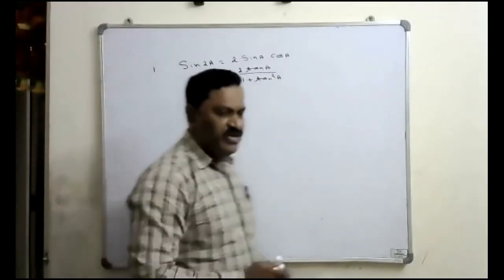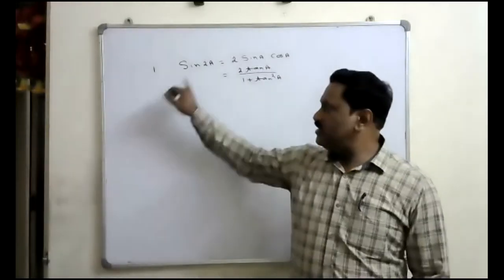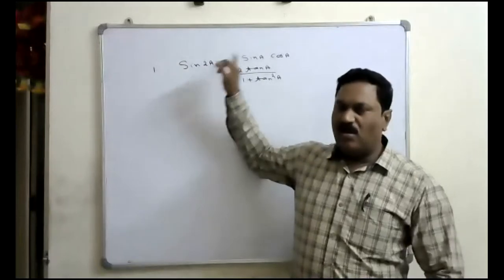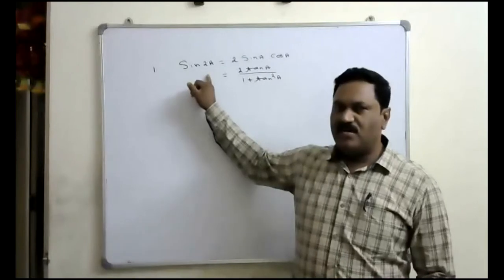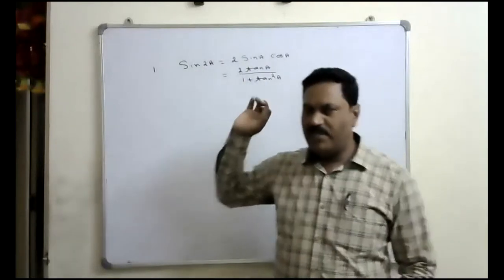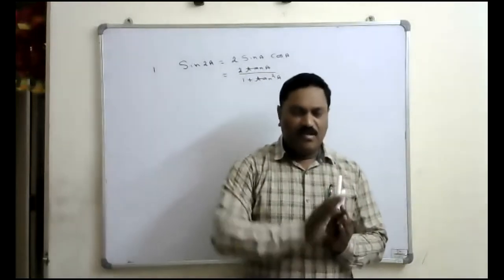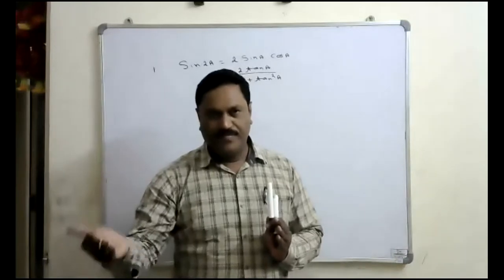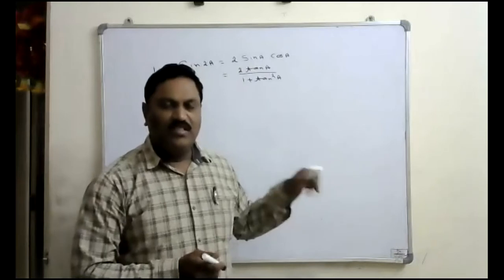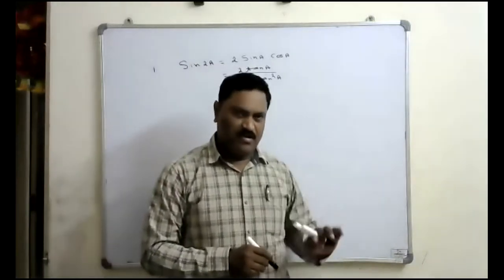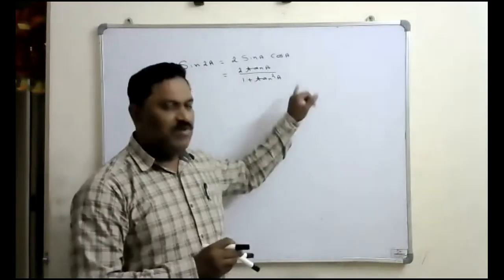While applying this formula, we have to observe that on the LHS the angle is 2A, and on the RHS the angle becomes A. Whatever the angle is, make that angle half. Then we'll get the corresponding formula. You may not always get 2A; in its place we may get any angle. Whatever the angle is, make it half, then this formula we can apply.